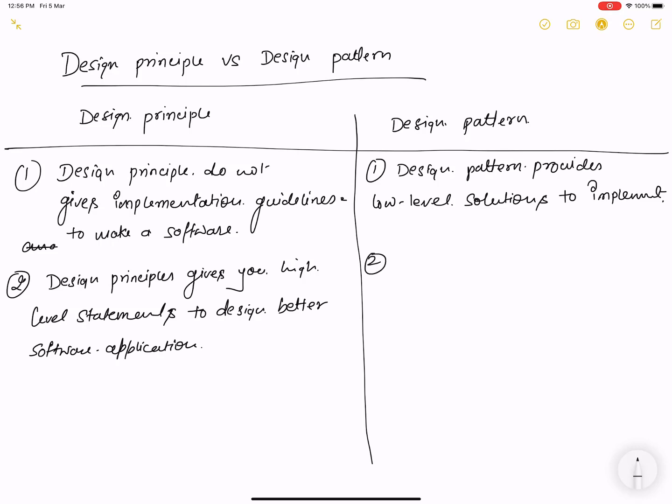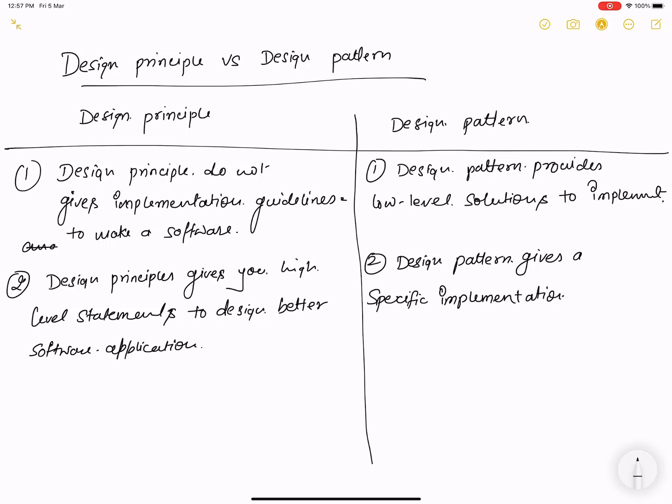I will take an example of a design principle, but you can understand it from this statement: a design principle gives you high level statements to design a better software application, and a design pattern gives a specific implementation.